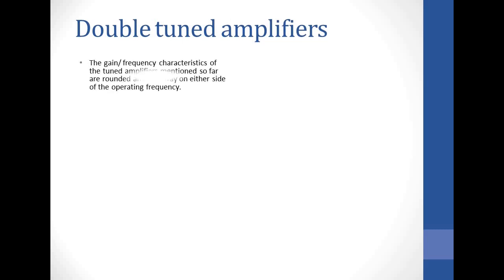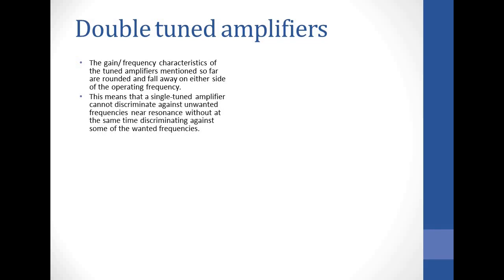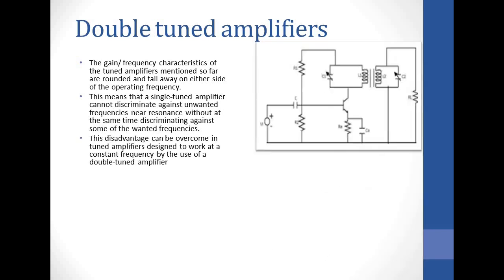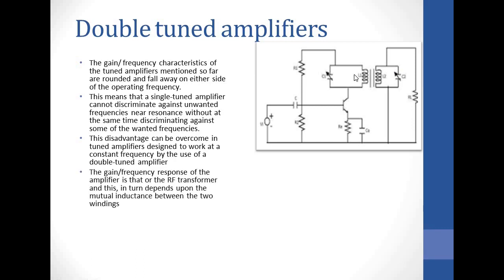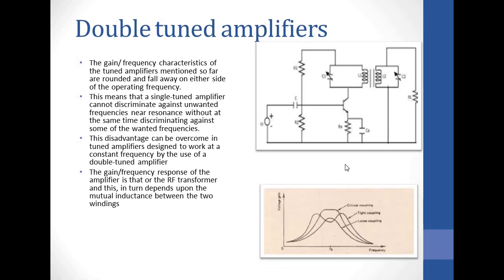We can also have what we call an RF double-tuned amplifier. An RF double-tuned amplifier is basically shown here. We've got the first tank circuit and the second tank circuit. So we've got two tank circuits, making it a double-tuned amplifier. These two tank circuits, normally they will be tuned to the same frequency, or maybe the frequency might